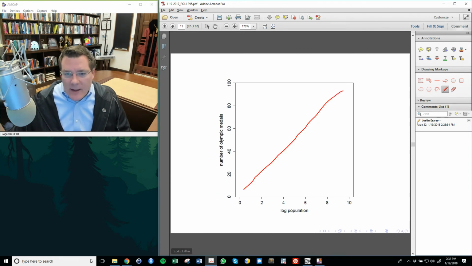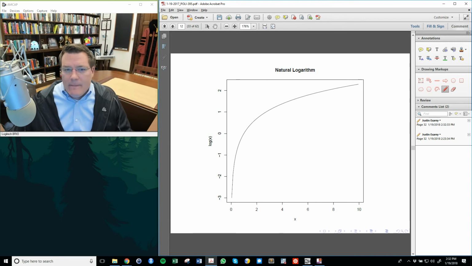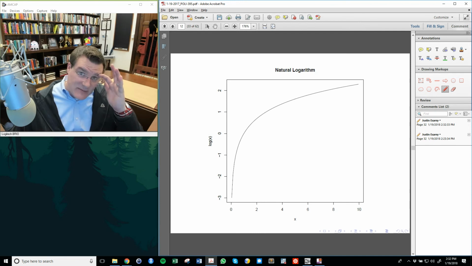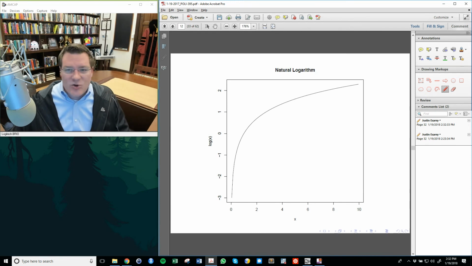And I should note, this theory is about log population, not population. The natural logarithm is just a transformation, which we discussed earlier in class, that tends to make really big numbers proportionally closer to small numbers. You can see the size of the transformation gets bigger. In other words, the degree to which 10 is mapped to 2, 4 is mapped to 1.